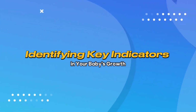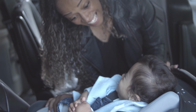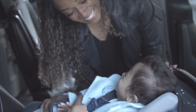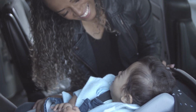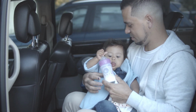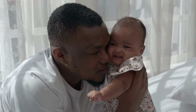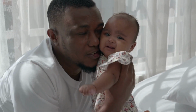Identifying key indicators in your baby's growth. As a parent, you are in a unique position to observe these red flags since you spend every moment with your little one. By being aware of these signs, you can play a proactive role in your child's well-being. Some of the key red flags that parents should be mindful of during the early months of their baby's life include